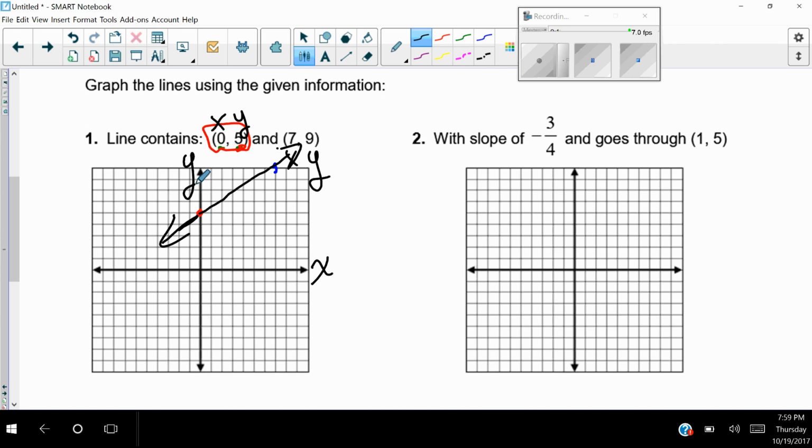So it has this slope, but it's going through (1, 5). So my first step is I have to plot this point. (1, 5) means to the right 1 and up 5. And this slope means I'm going to go down 3, 1, 2, 3, and to the right 4, 1, 2, 3, 4. Down 3, 1, 2, 3, and to the right 4, 1, 2, 3, 4. All right, and you can just keep going if you want, but I'm going to connect